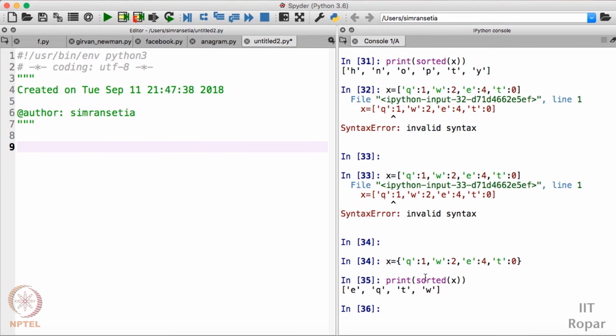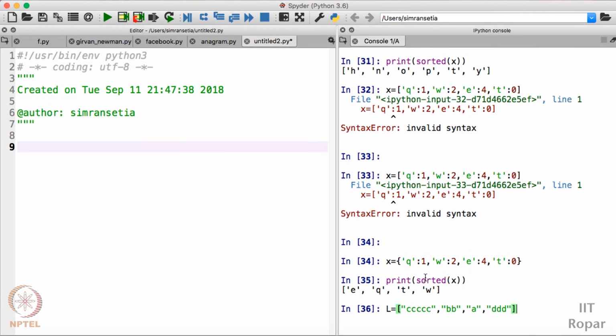For example, I have a list of strings here. For example, I have CC, BB, A, then DDD, and I want to sort this list on the basis of length of this particular string. So the output should be, first of all, since A is the string with the smallest length, A should be printed, then BB should be printed, then DDD should be printed, then CC should be printed.